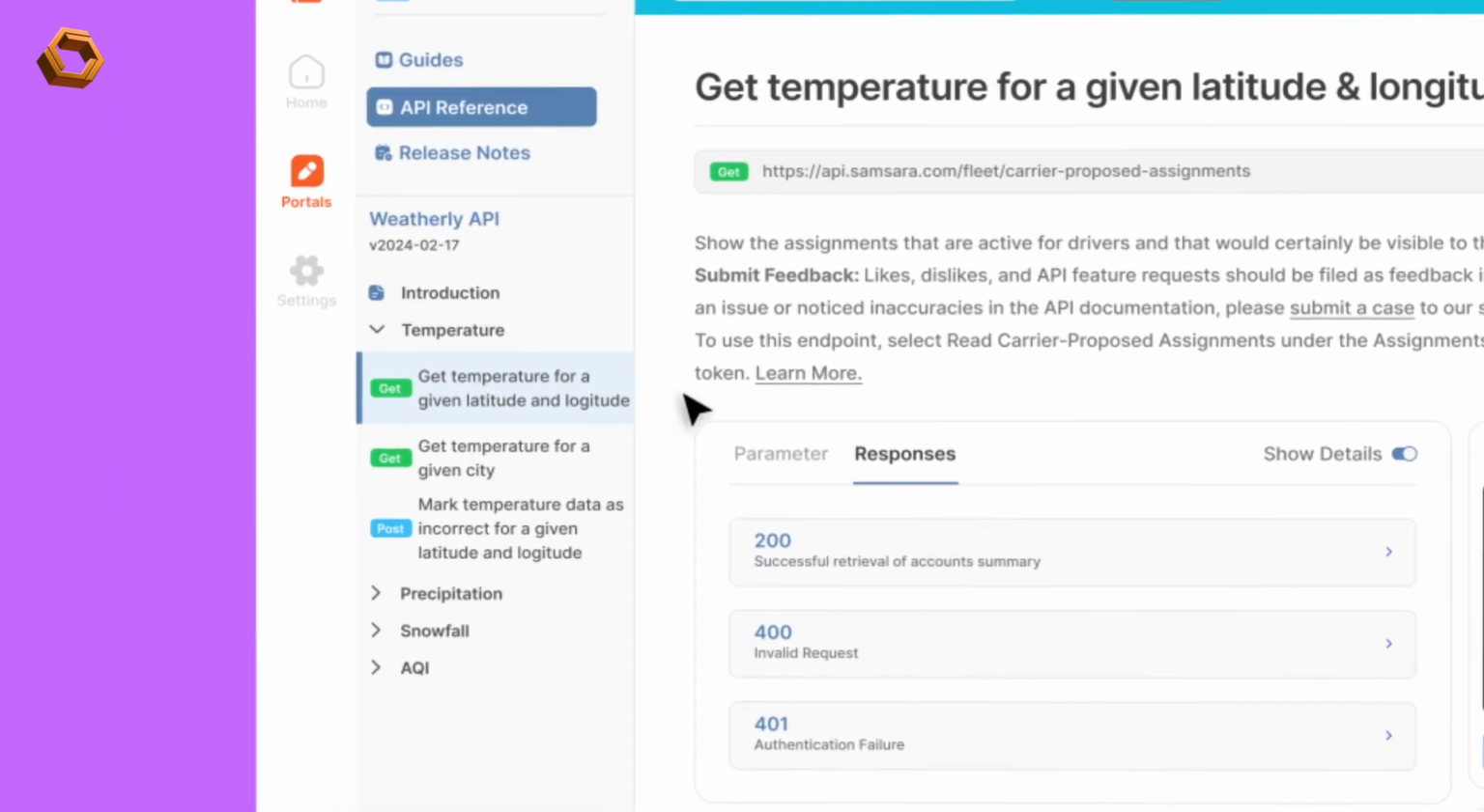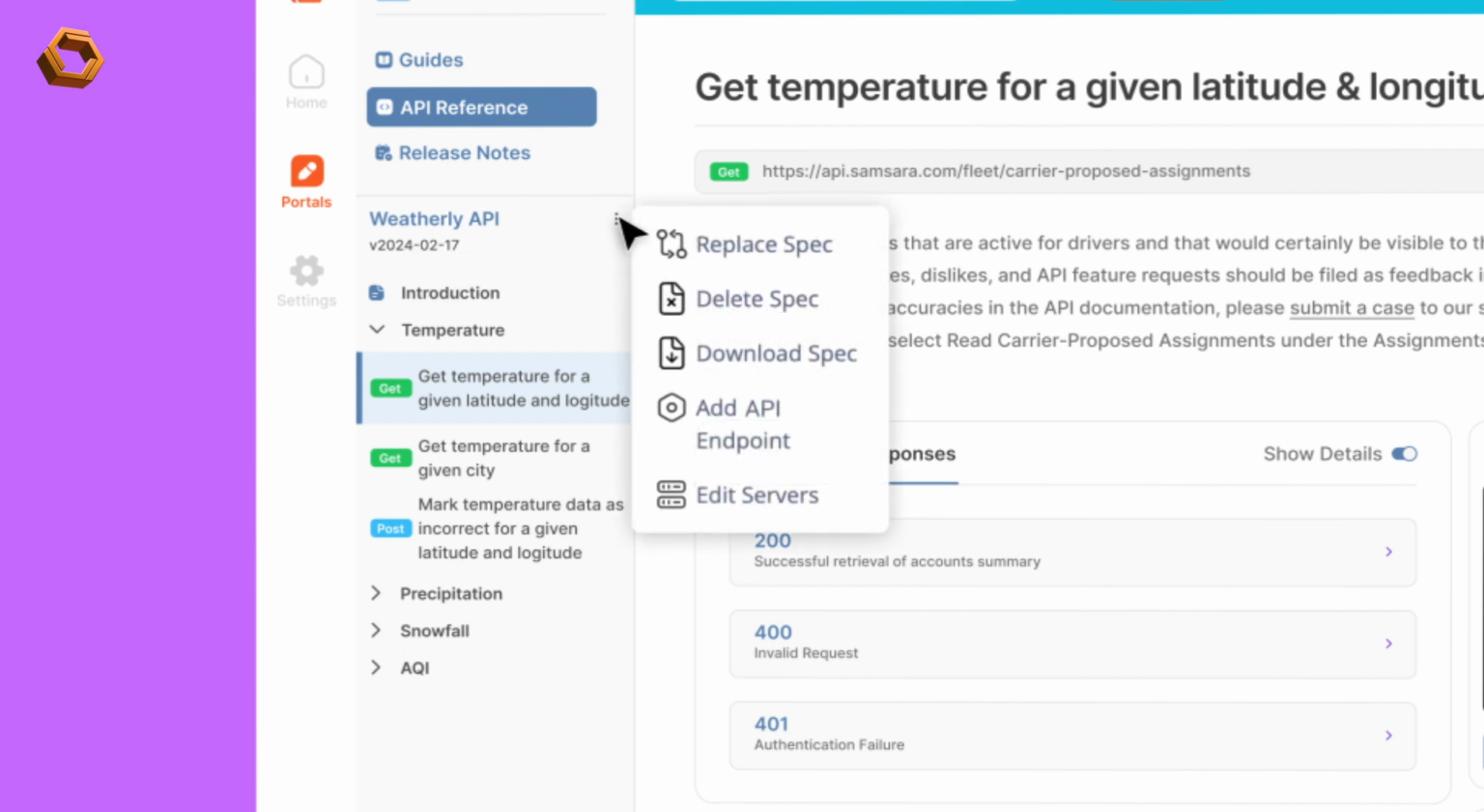This is the name of the API service along with the version. Let's look at the menu options available here. You can use the first three options to replace, delete, or download the spec. The Add API endpoint allows you to manually add an endpoint without needing to modify and re-upload the OpenAPI spec-based